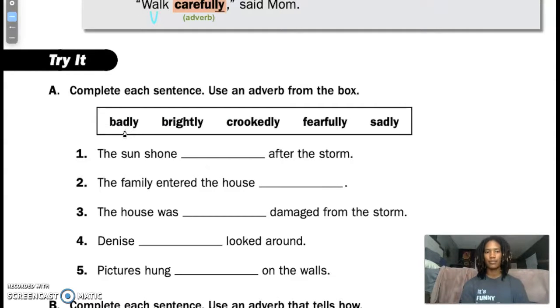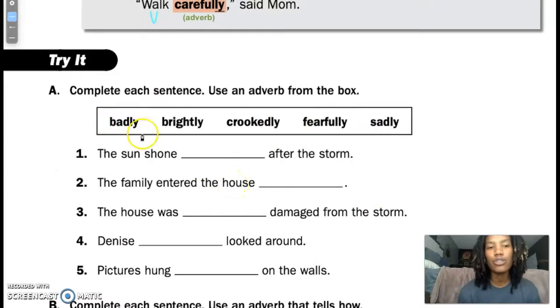Badly, badly, brightly, brightly, crookedly, crookedly, fearfully, fearfully, sadly, sadly. Okay, so now what we're going to do is we're going to read one of these sentences for an